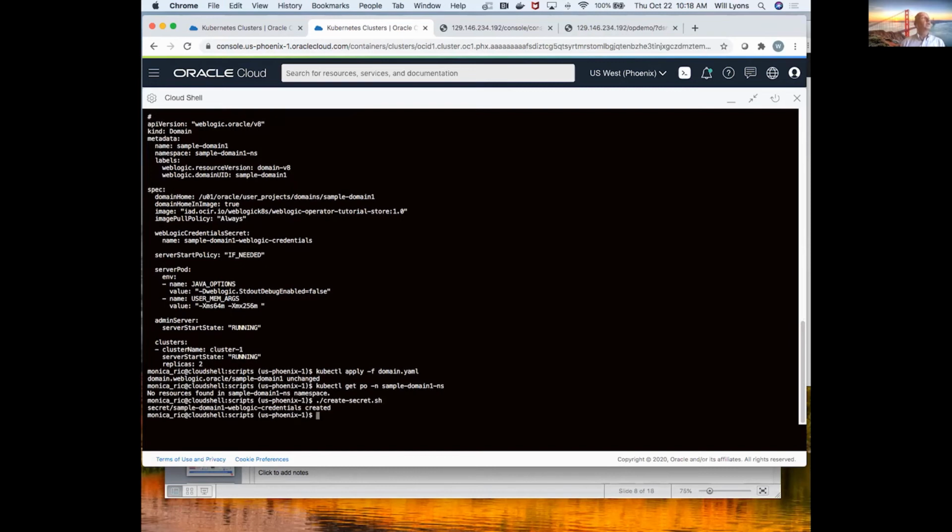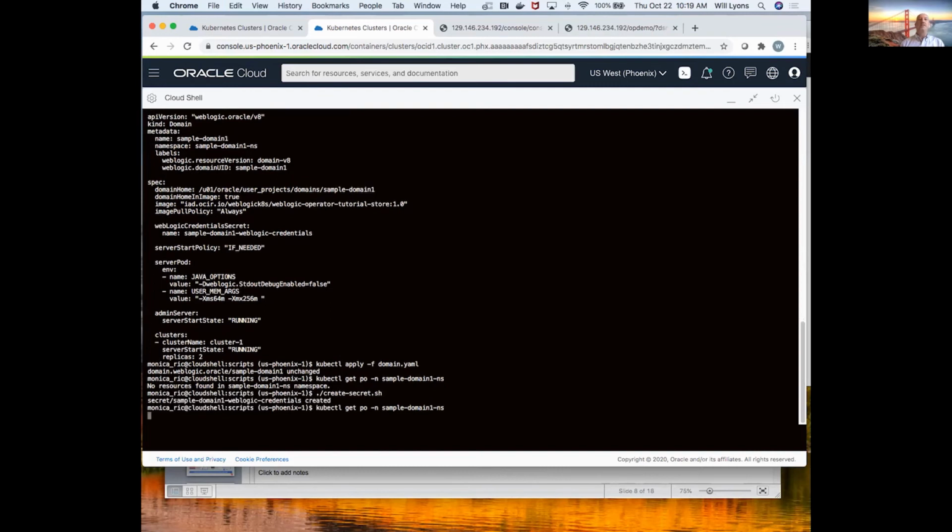So I hadn't created a domain secret, which is required to actually start up the servers in the domain. So now if we look at the resources that are being created, we should see